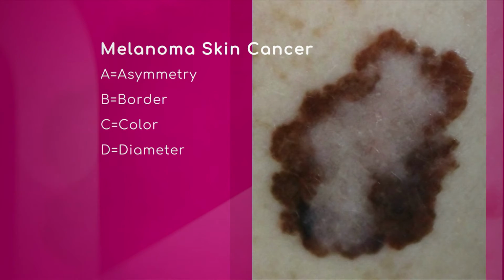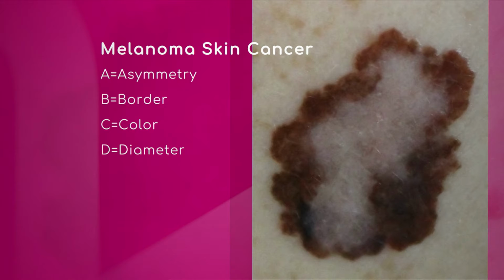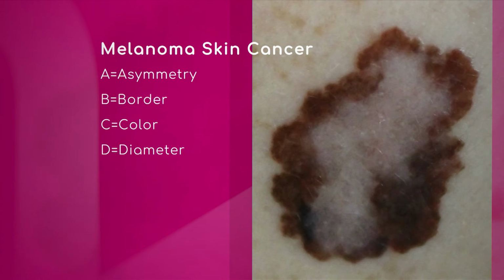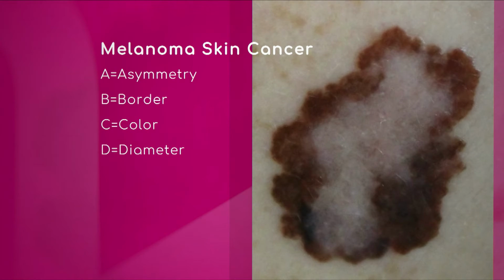Then we have the borders. It's got very scalloped or irregular borders. So something else, another very key feature. And then C stands for color. So we see one shade of brown on one end, a much darker, almost black around the other edge, and then that central white discoloration. Sometimes it doesn't have to be white. It could be bluish. It could be red. And then diameter, which is usually that 6 millimeter, but as I said, I've detected a lot of these much